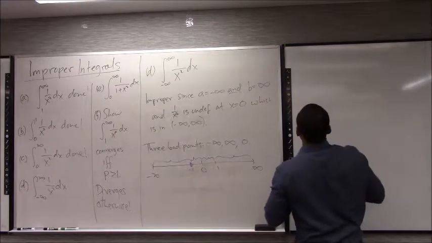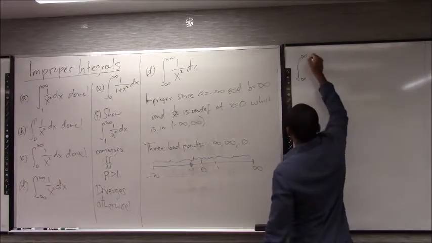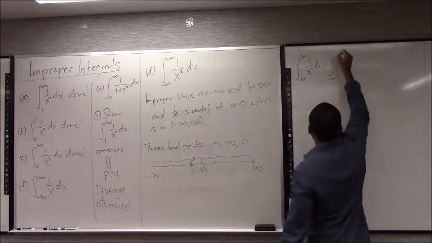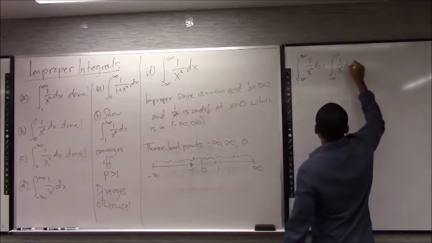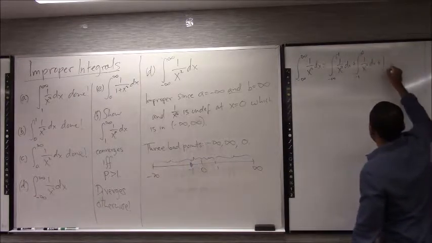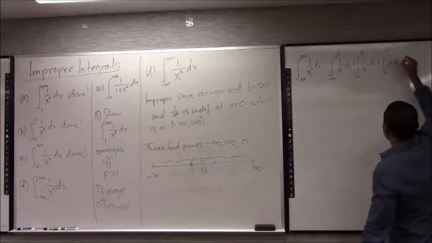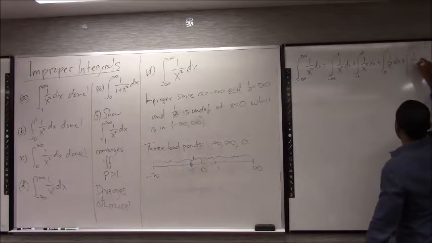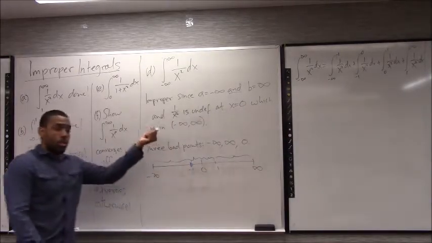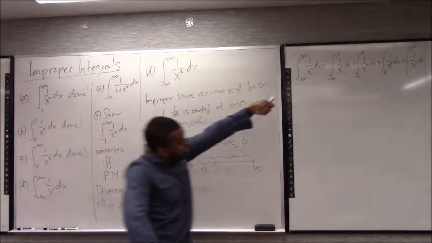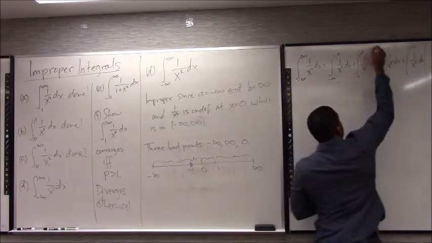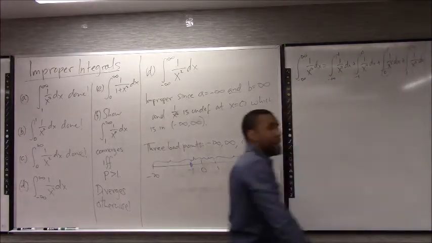So what I can do here is to realize that the integral from negative infinity to infinity of 1 over x squared dx, I can think of that as from negative infinity to -1 plus -1 to 0 plus 0 to 1 plus 1 to infinity. So that's the first step. Figuring out what the bad points are. Then break it up so that you can have only one of these bad points on any of these intervals. So I want to expose them and isolate them.